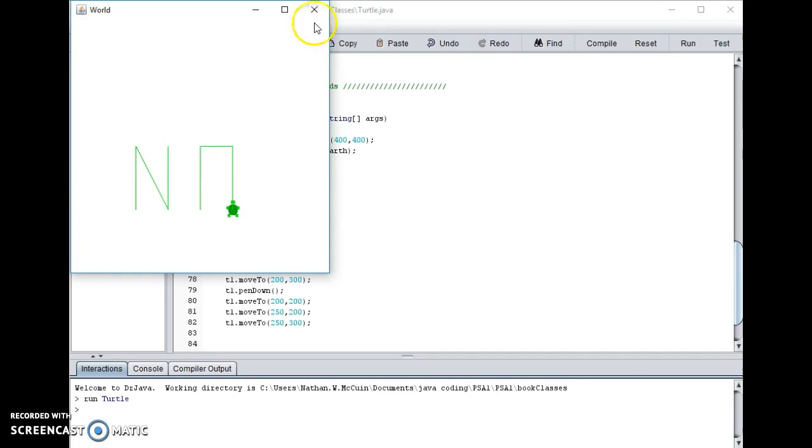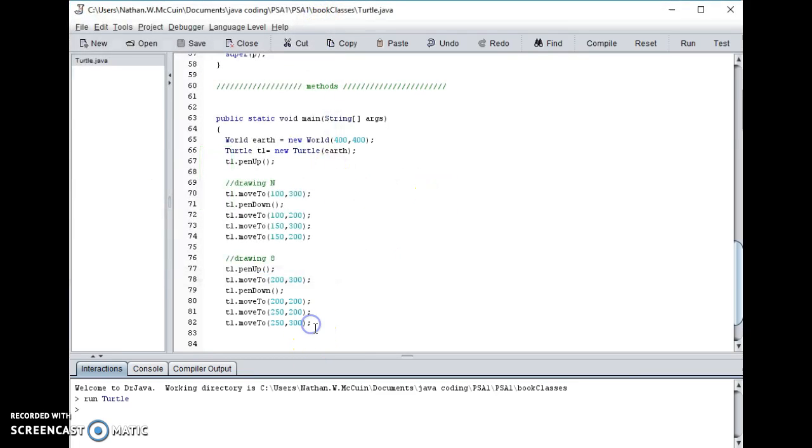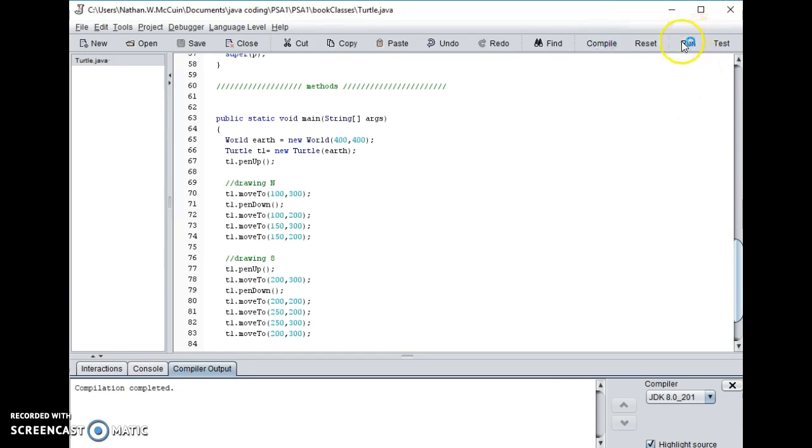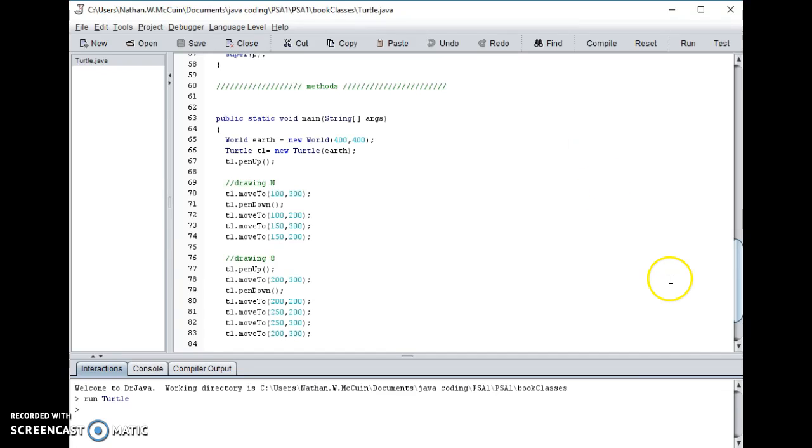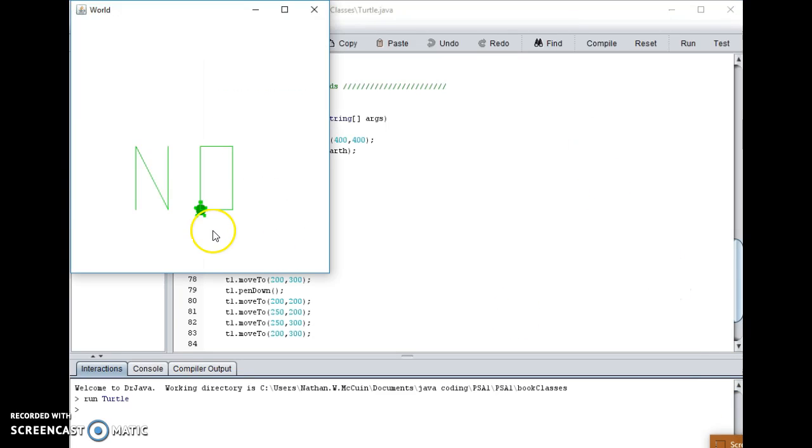And then we have most of the other 8. Alright. T1 move to 200, 300. There we go. Now we have the